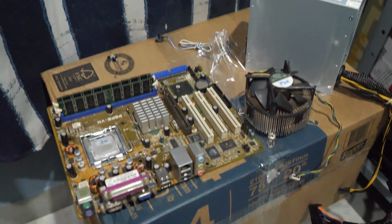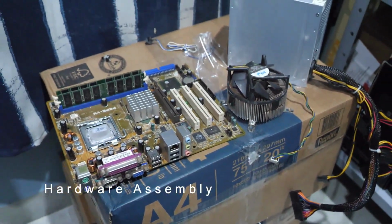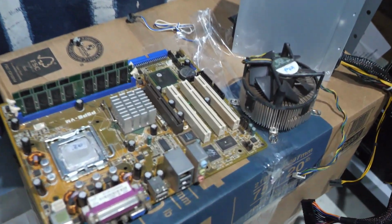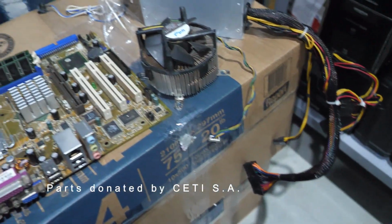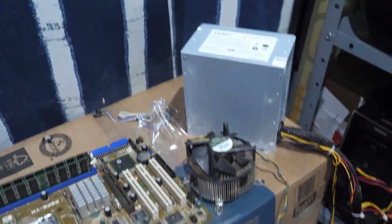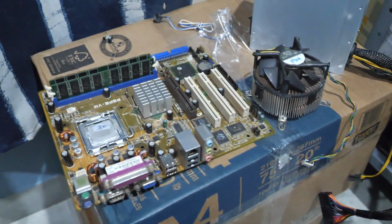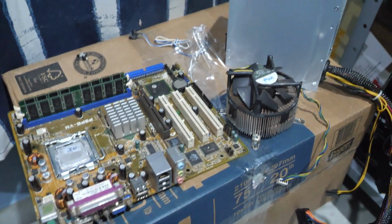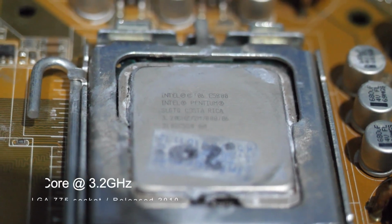I wanted to show you that the first parts for this new arcade project are here. They're not the most pretty, but thankfully I have the world's best expert in computing here with me today to help me. Jamie is gonna be doing all the computer assembly today. That is a Pentium